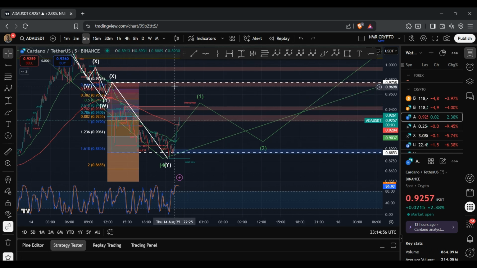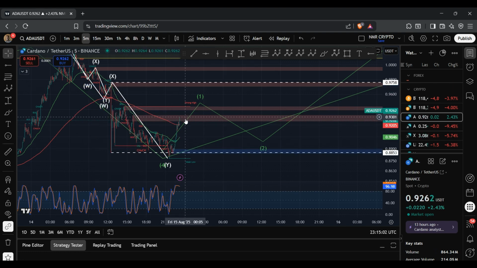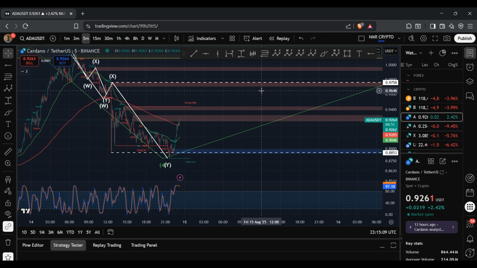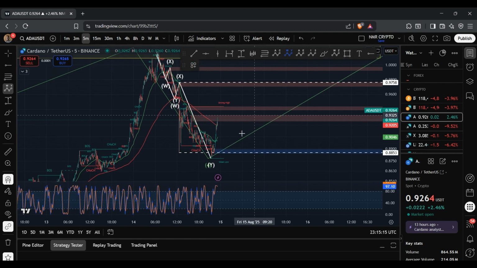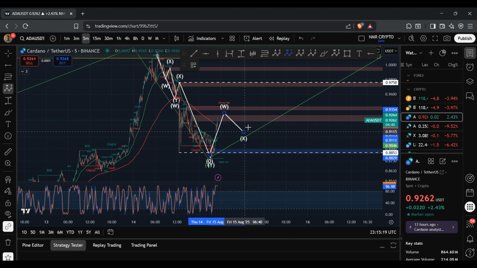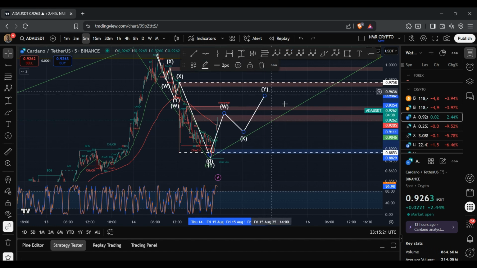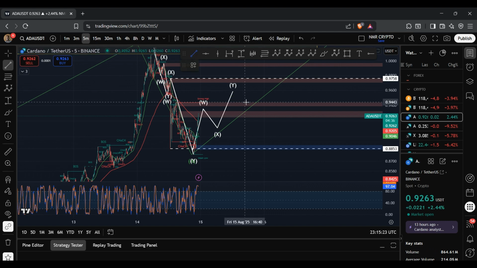However, if we fail to breach this level, then it's possible that we see a bigger move to the downside, and rather than this 5-wave structure forming the wave 1, instead it could form the wave W, and then we could see a bigger WXY structure, and then shortly after a bigger move to the downside where we breach past this level here. So essentially this 5-wave structure could form the wave W, and we can see a correction move to form the wave X, followed by a final push to the upside to complete the wave Y, and then we see a deeper move to the downside